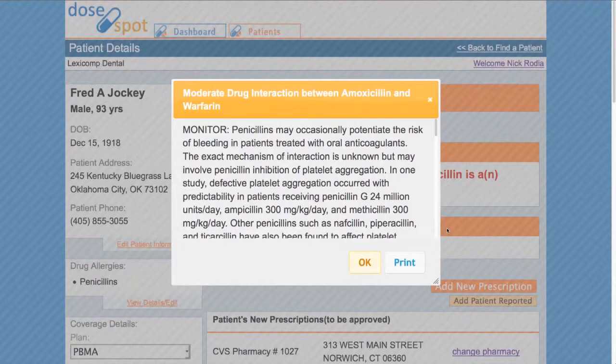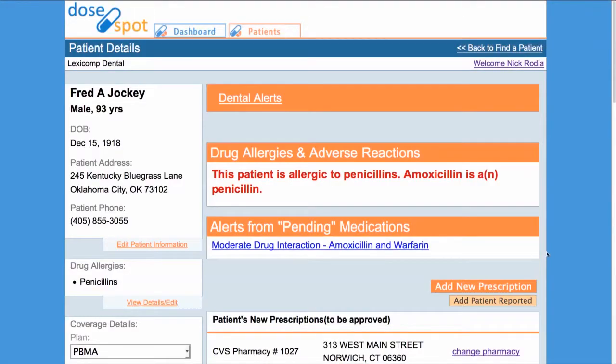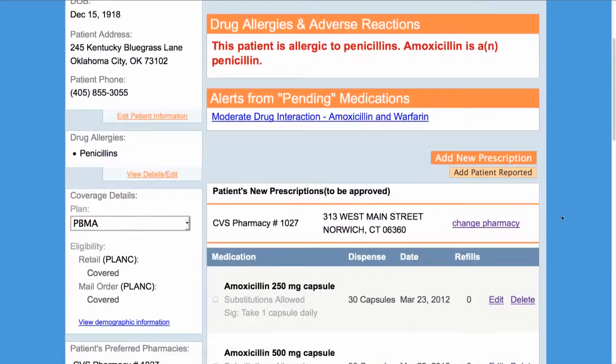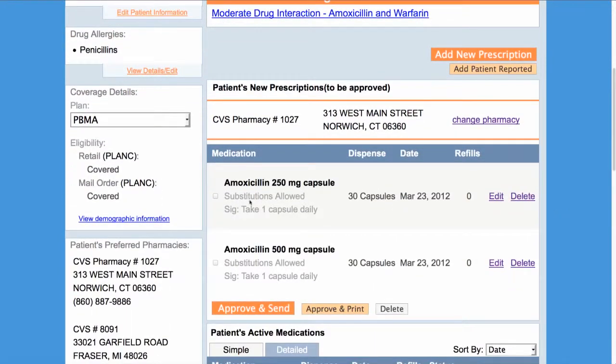However, we understand that the dentist knows best and will never prevent him or her from prescribing a medication. These warnings are meant only to support your medication decisions. Once you check the box beside the medication and click on Approve and Send, the prescription will be sent directly